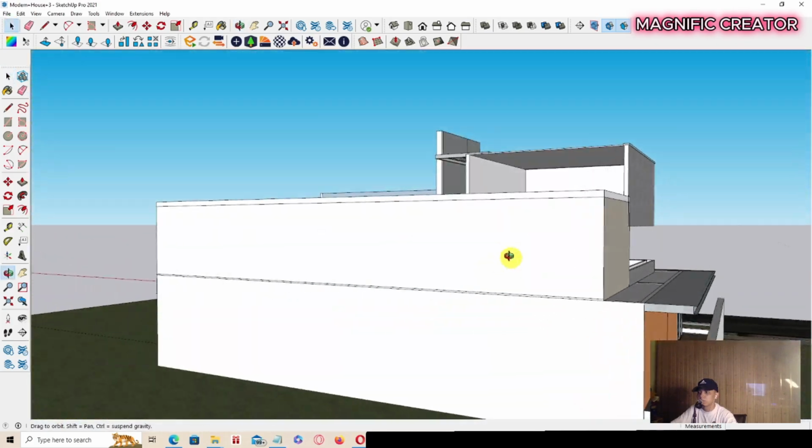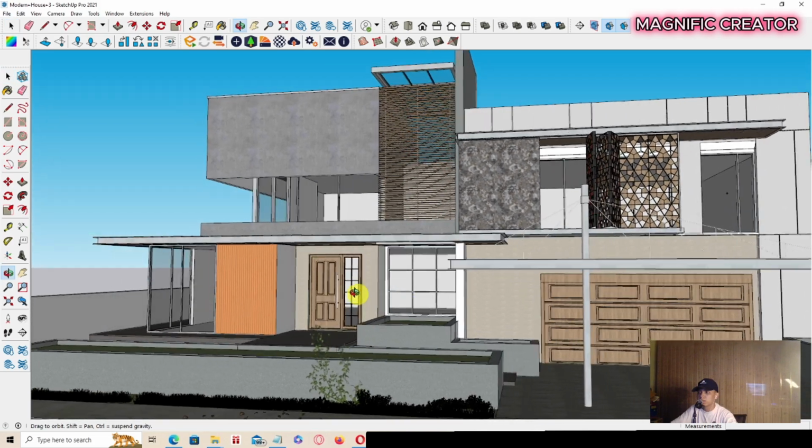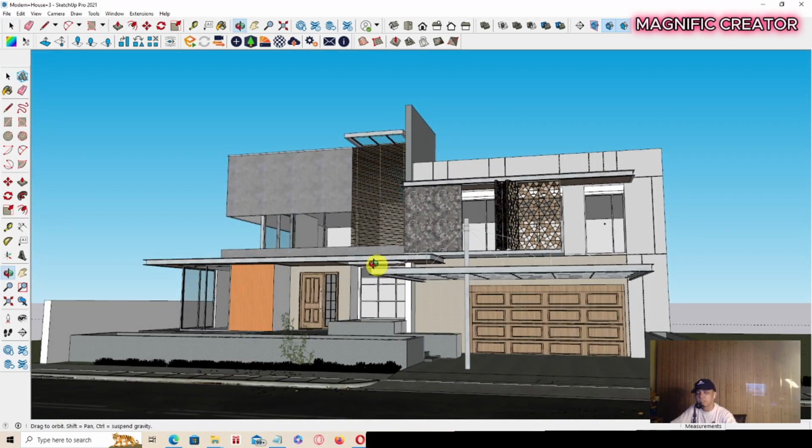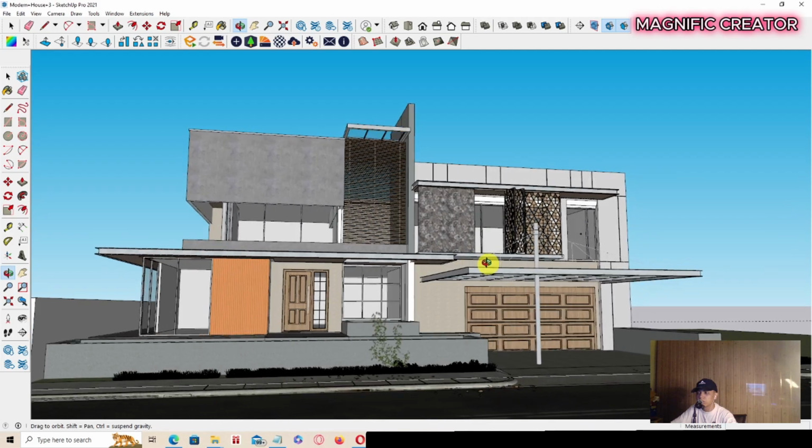And this is the basic, so you can use it to inspire your project, or inspire your dream house to make a modern